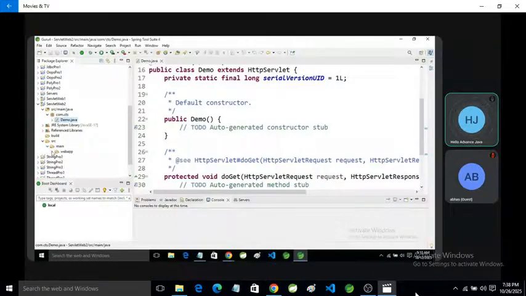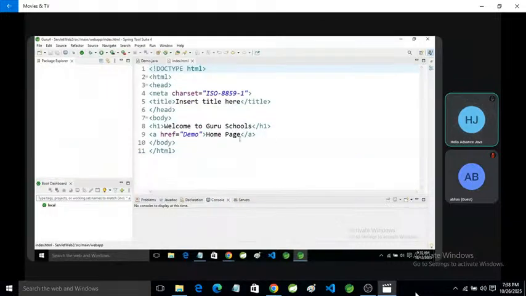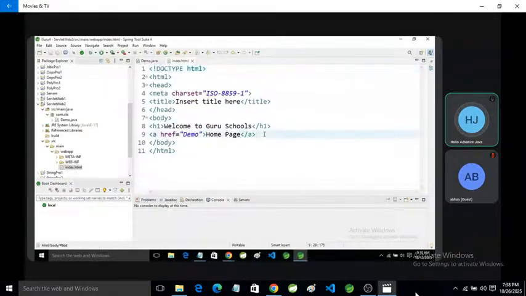And this is a front end. We are sending the request from the front end. So for this purpose,